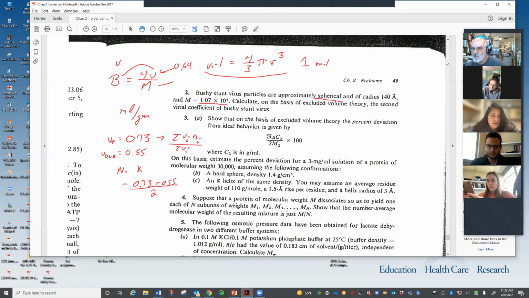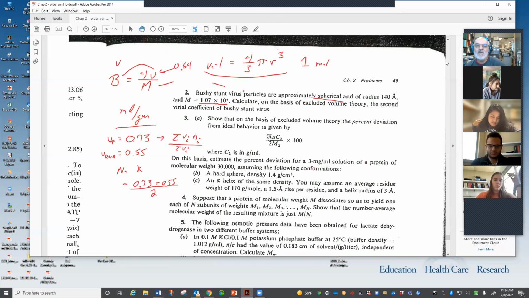Okay, because that's the R of one particle. What you're looking for is units of milliliter per gram. So that's what you're really looking for. Okay. All right. So if you didn't do it that way, I took points off already, and I will take points off. And so that's what you really need to be aware of. I think it says that in the section in this chapter or in a previous chapter where V bar comes up. The second question is number 3, and this has to do with